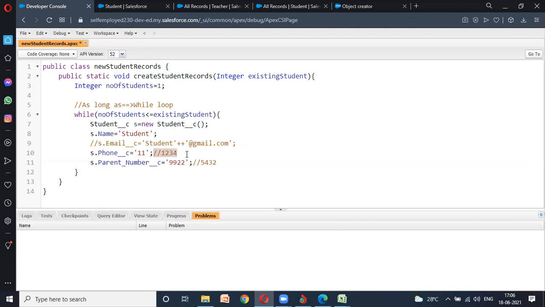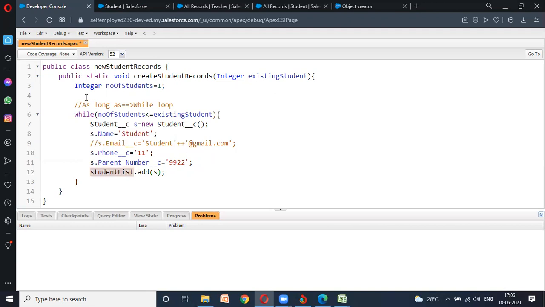So now what I'm going to do, I'm going to add every one of the students in a list, because this is not for one student. Here I'm going to make multiple students. So I will go here and create an object, student list. Student list dot add. In this list, I'm going to add this student. And obviously, if I made a list, I need to declare it as well.